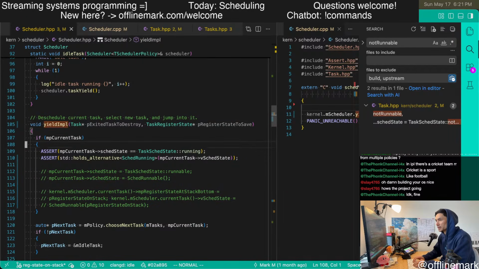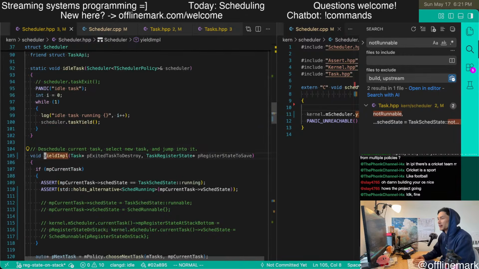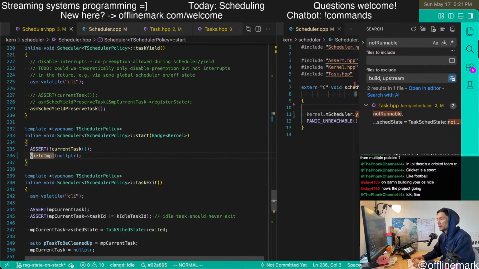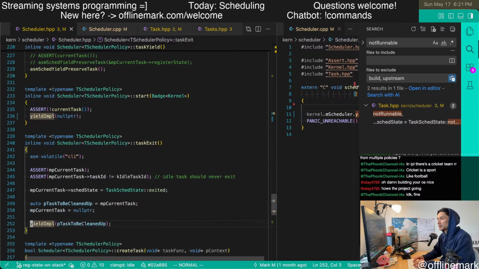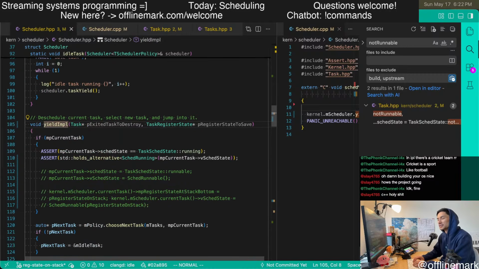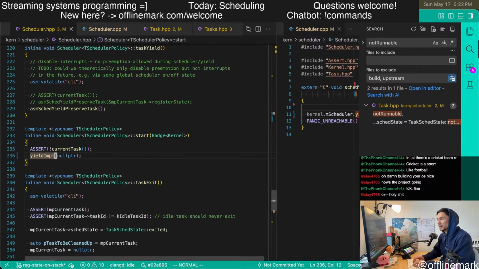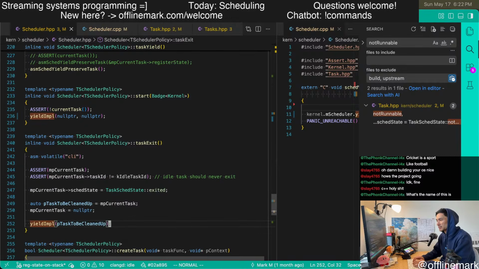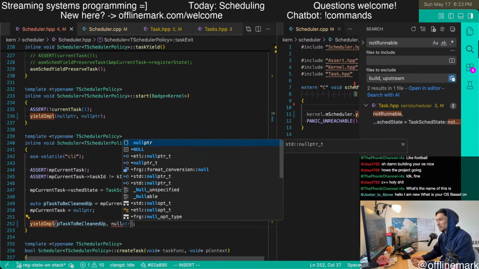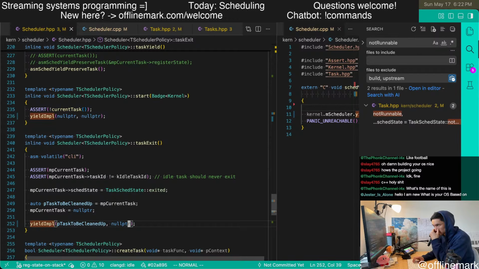So now we're back over here. If MP current task, right? So now the annoying thing is I have these two arguments now. So now I need to pass null pointer in more places than I really want to right now.